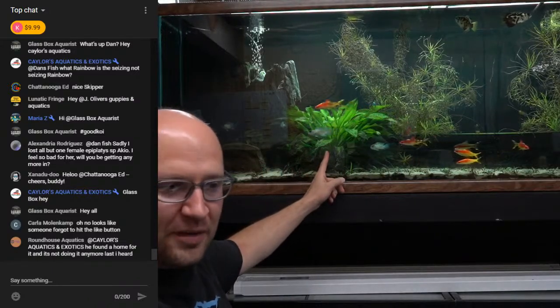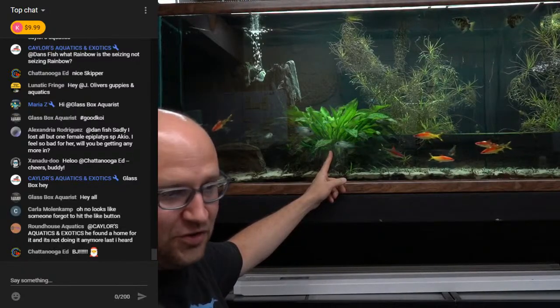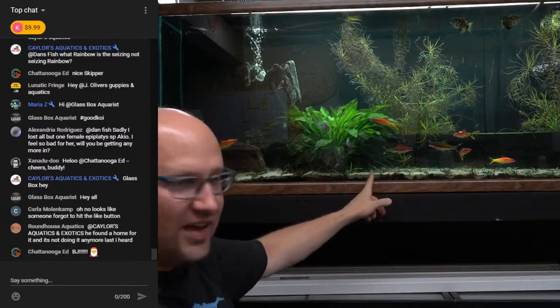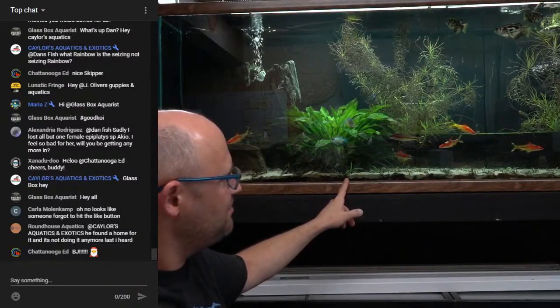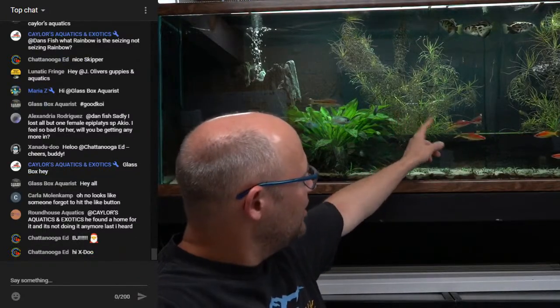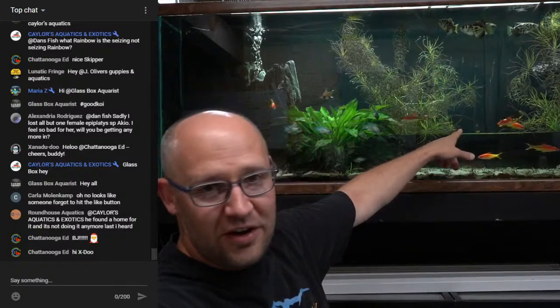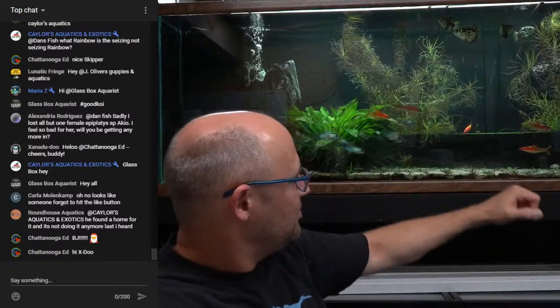We have a sword plant I bought at Petco years ago and just happens to be thriving and doing great. Dwarf sag that I believe I got from Punchy Paints back in the day. Pogostemon stellatus octopus. I don't remember where I got that. That might have been Punchy Paints, with some very sorry looking Ludwigia red, which I got from Punchy Paints,